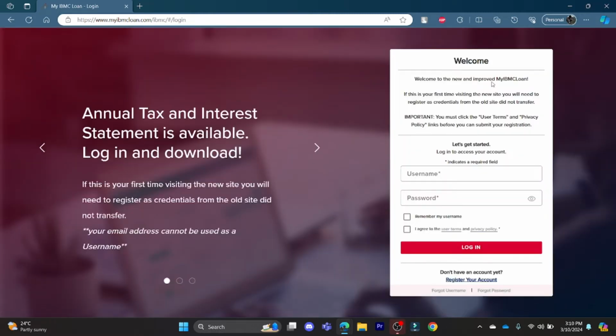Loan Login. It will lead you to the login portal of IMBC Loan. Go ahead and write down your username, your password, click on I agree to the user terms and privacy policy and hit the login button, and then you can successfully log into your Iowa Bankers Mortgage account or My IMBC